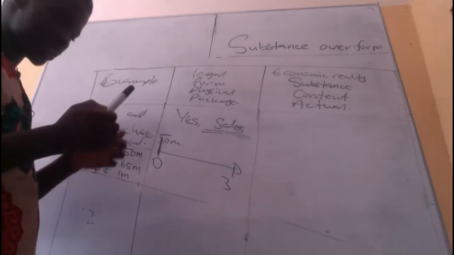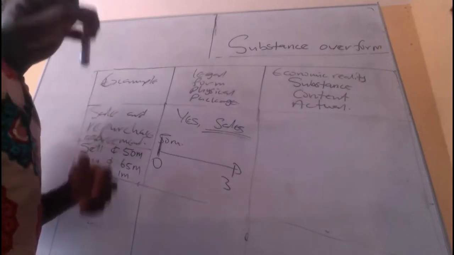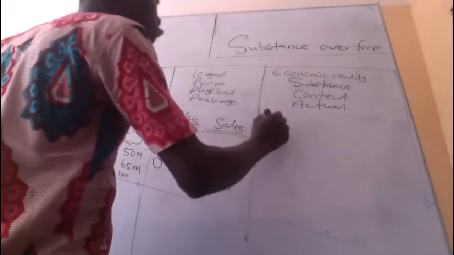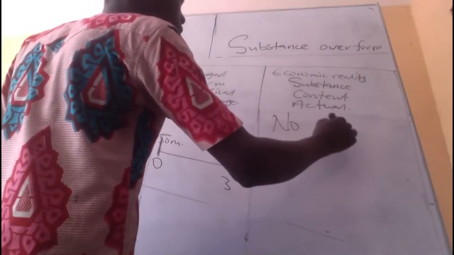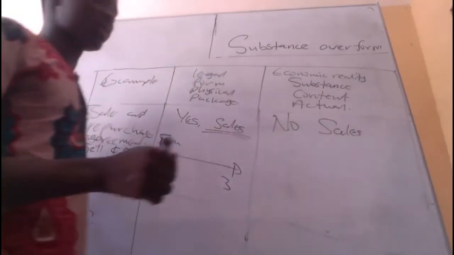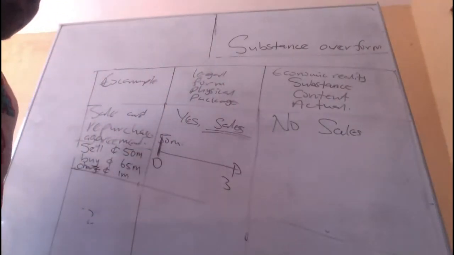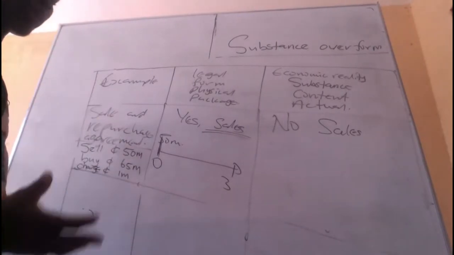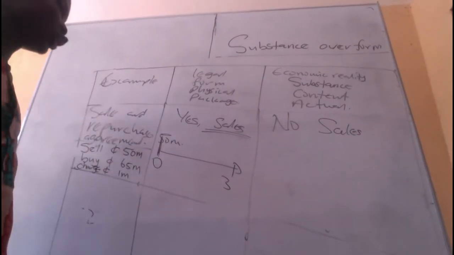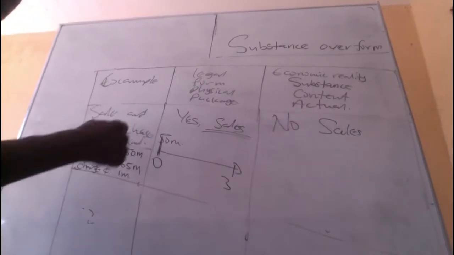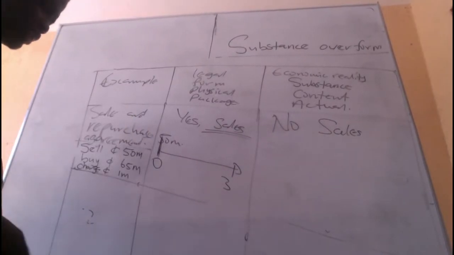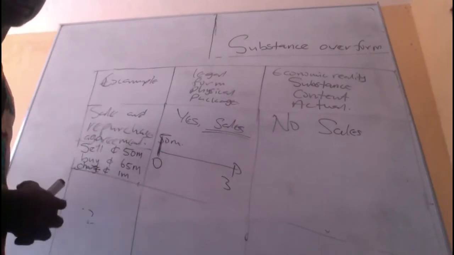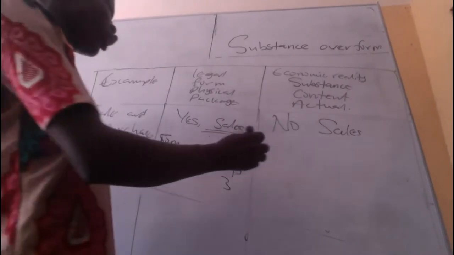So that's, in actual sense, not a sale. In actual substance, no sale. Yes, no sales, because the goods after 3 months will still be yours. So no sales. But if there's no sale, then what is it? Who can tell me? Oh yes, try. If there's no sales, then what is it? It is a loan.